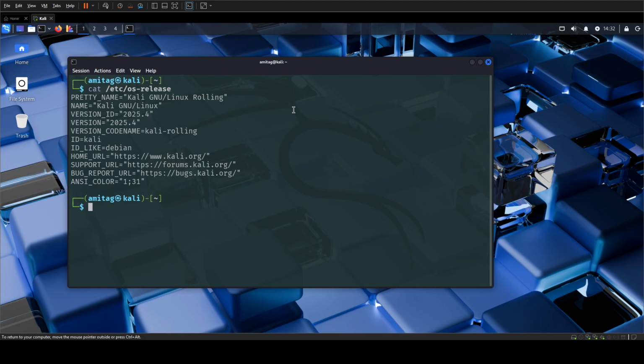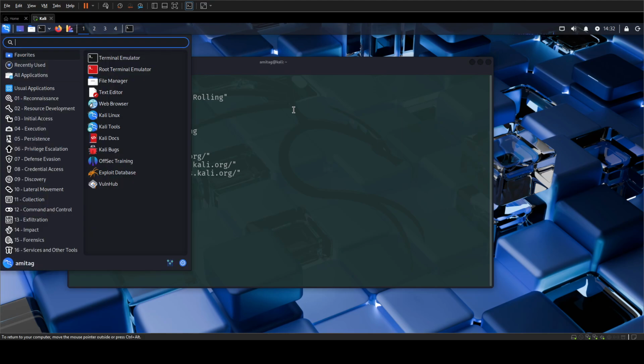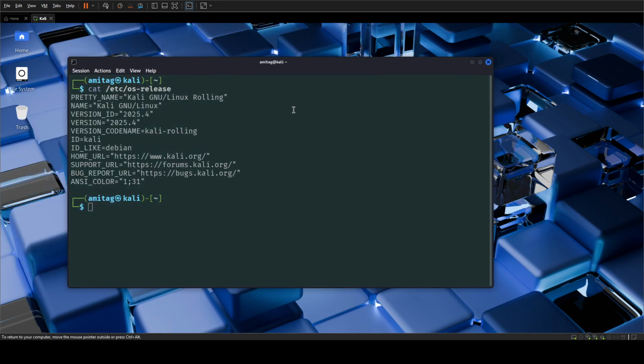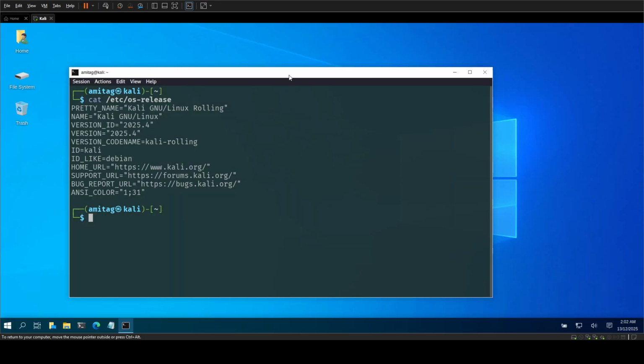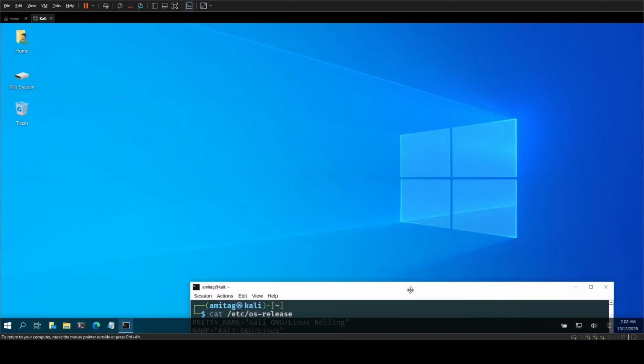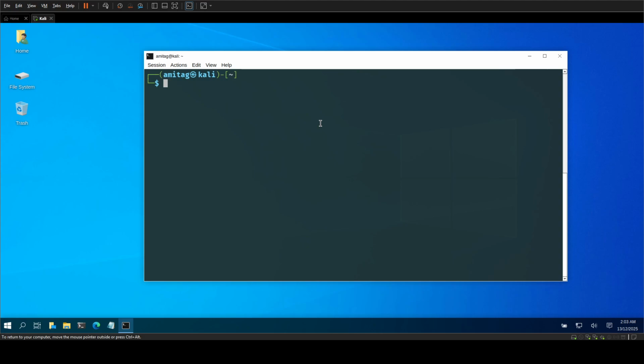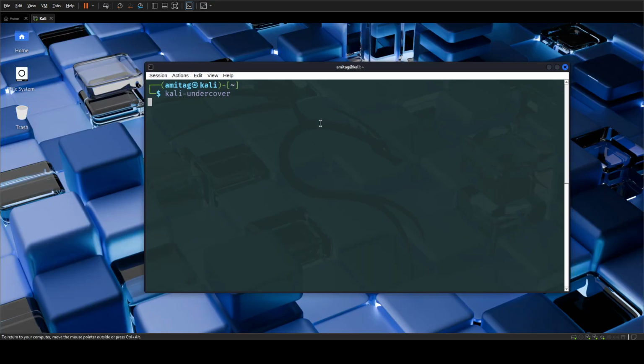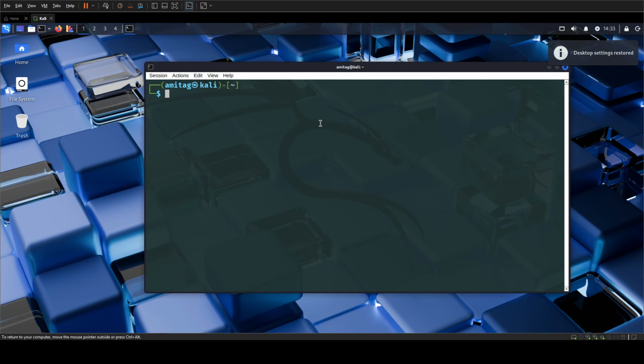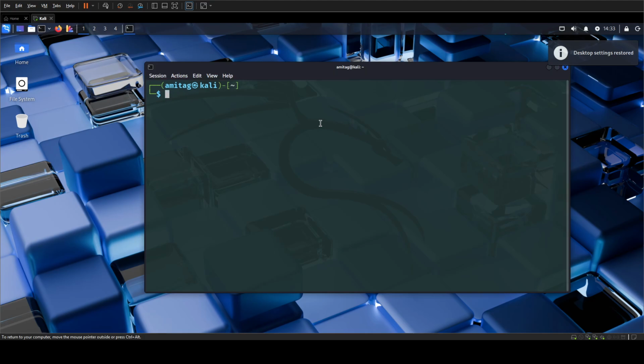So by default, if you come here and say undercover, it will go to a Kali undercover mode, which looks like a Windows system, right? And this was what came in last time during Halloween. And this time under Kali Undercover, if I just run kali-undercover, it will basically disable Kali Undercover. But if I run Kali Undercover again,